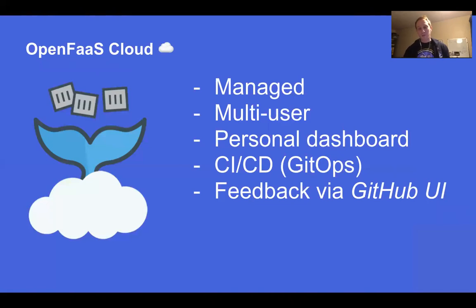It's multi-user, which again is something that with the base OpenFaaS you don't get. It's giving you a personal dashboard so you can drill into just the detail that you care about or your team. And then we have this CI/CD workflow through GitOps, which I think is the most important part of this, is giving people that pipeline that we know works, that's shrink wrap, that's got everything put together in the same configuration. And then you get feedback and as detailed as you like, either via the GitHub UI or from GitLab.